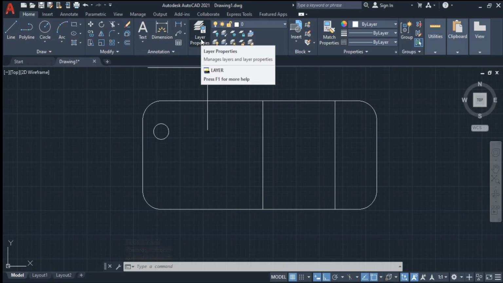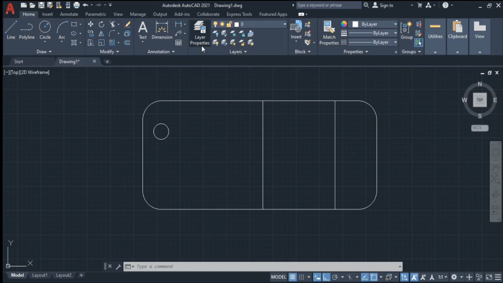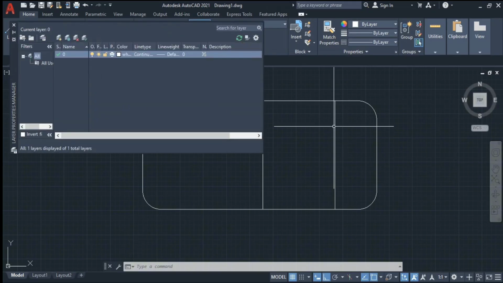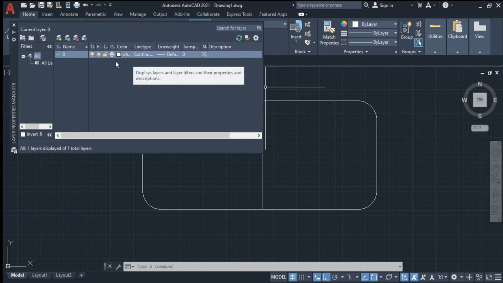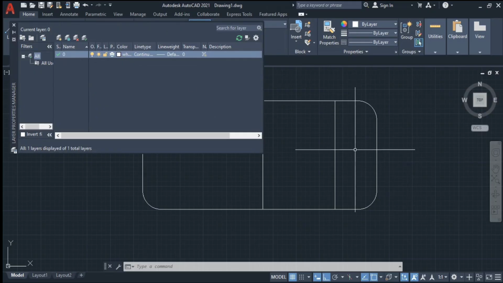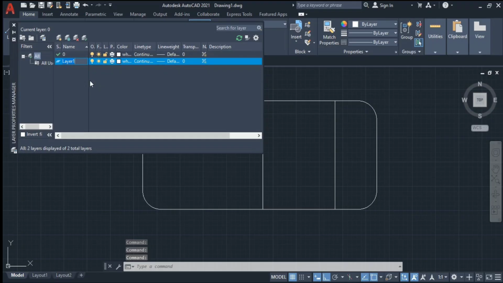Okay, so here you can see the layers option and layer properties. Initially when you are opening a document, there will be only one layer. This layer has white color, that is why what you are drawing will appear in white color. Okay, let's add one more layer with a name construction